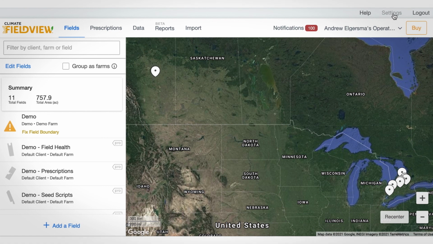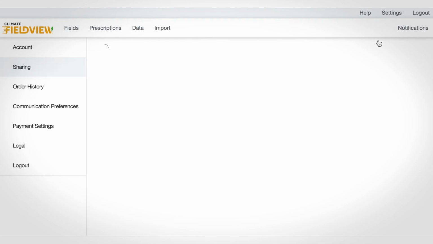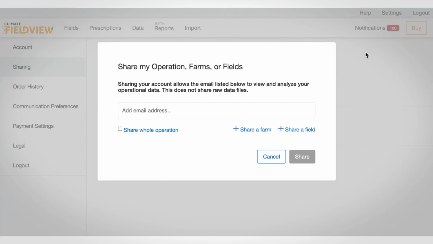And so one of the opportunities is to go up to the top right-hand corner in the FieldView web account and go settings, sharing. And then under sharing, it will show you who you've shared with and also allow you to share your account with others. And so if I was to share this with Troy as an example, I would put in his Climate FieldView account email,